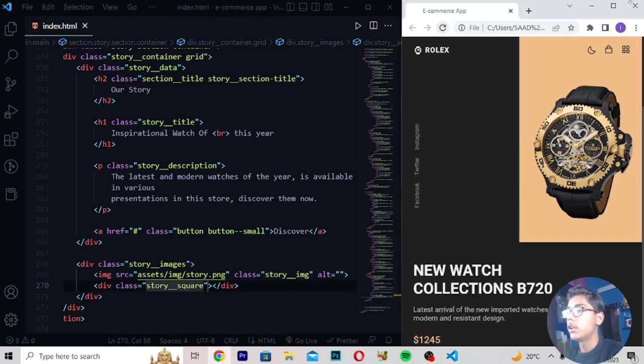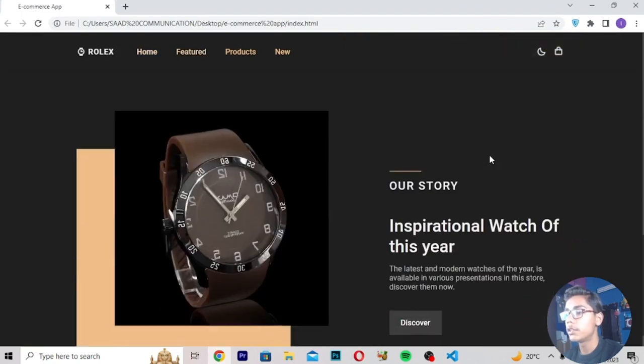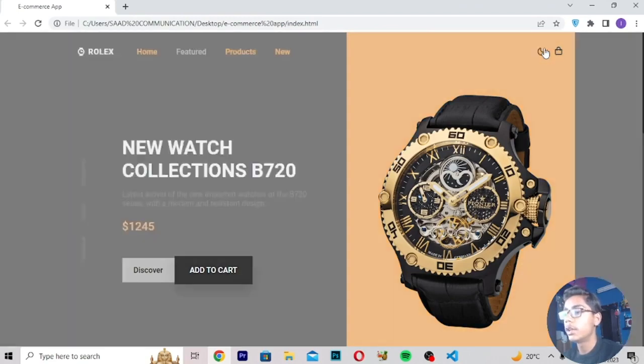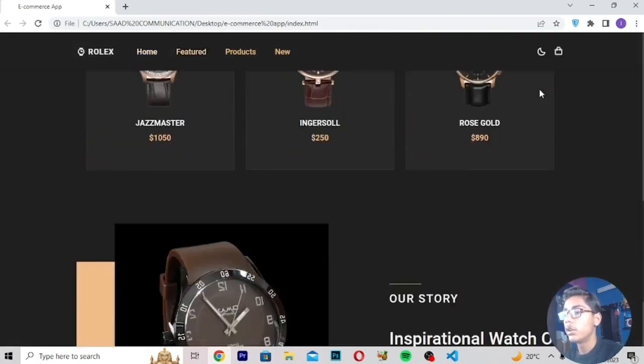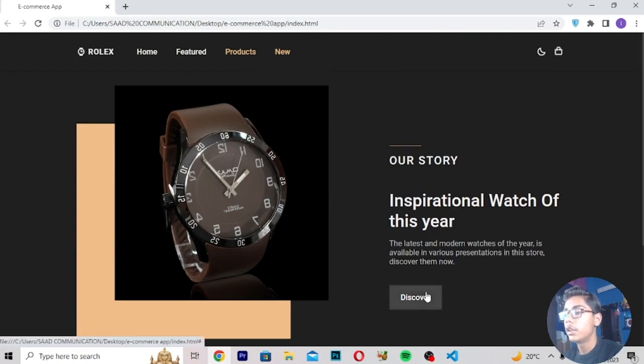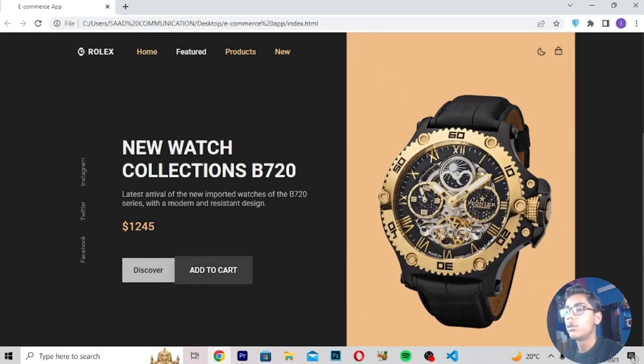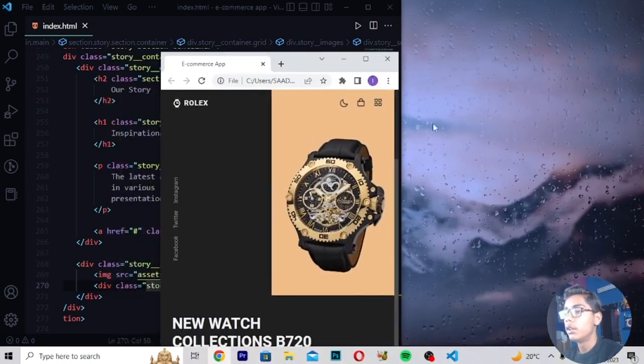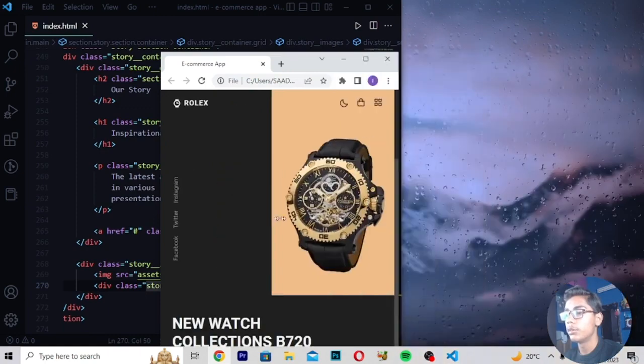Then you have to reload here, and after reloading, if I show you, you can see we are getting all this thing here. Then if I just show you, we can also change it into light or dark mode as well. You can see it is working and it is looking totally awesome. So here like this you can work with, and we are just getting our totally amazing e-commerce app. If I show you here, so this is the e-commerce app which we have built using React Native. So because of that it is responsive also, and it is looking awesome, you can see.